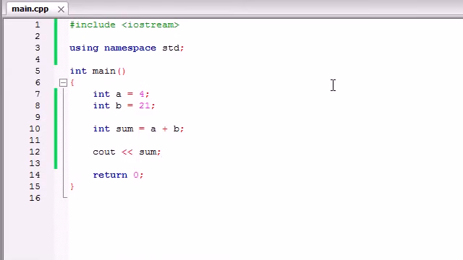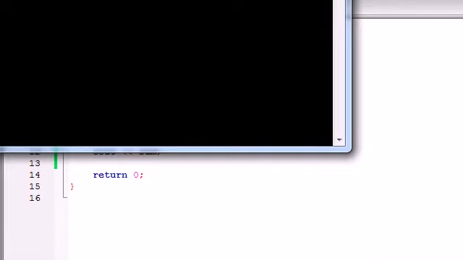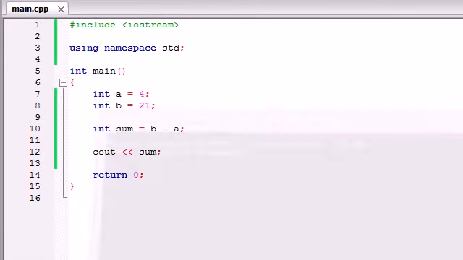Pretty cool, huh? So again, in this tutorial, I want to show you guys that in order to make variables, go ahead and write the data type, what you want the name of the variable to be, and what you want the value of the variable to be. And then, aside from just assigning variables basic values, you can also use basic arithmetic like a plus b, b minus a. You could have done that. Let's see, if you had b minus a, let's see what the value of that is. 17. So again, you can set variables equal to basic arithmetic using other variables, and you can even do this. Sum equals 48 minus